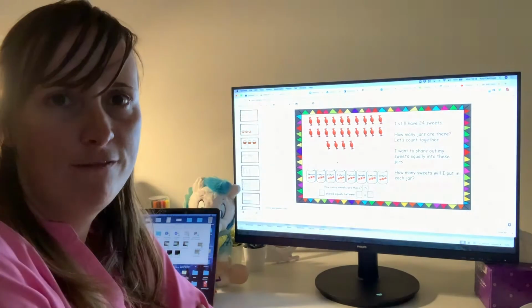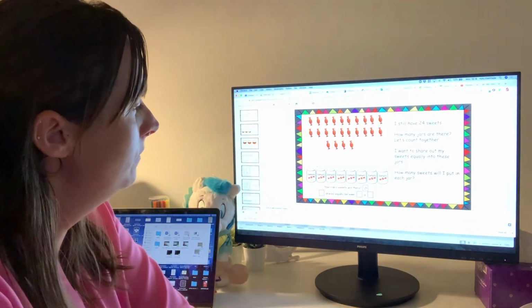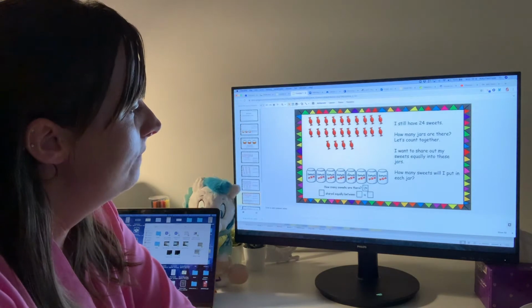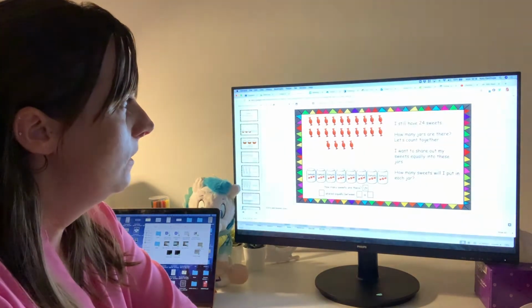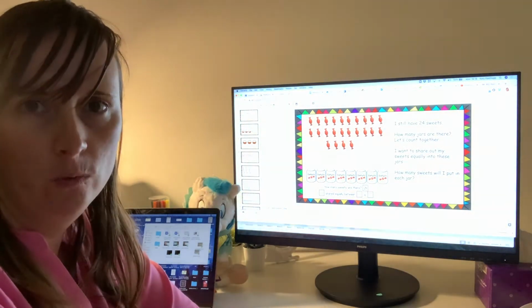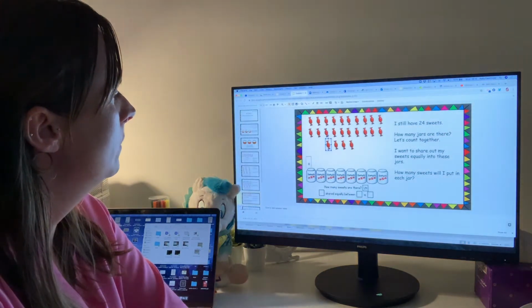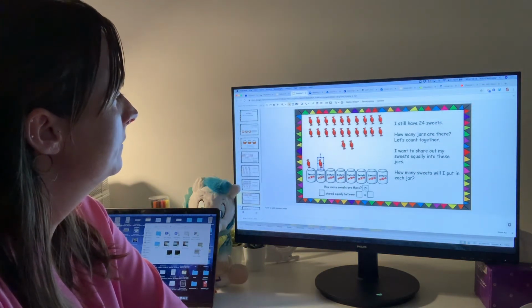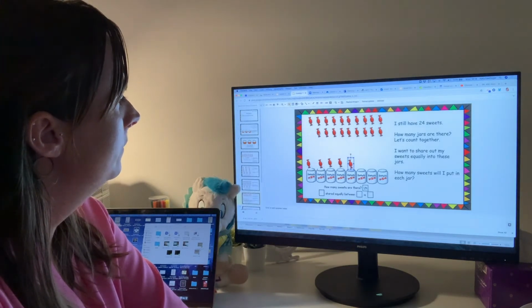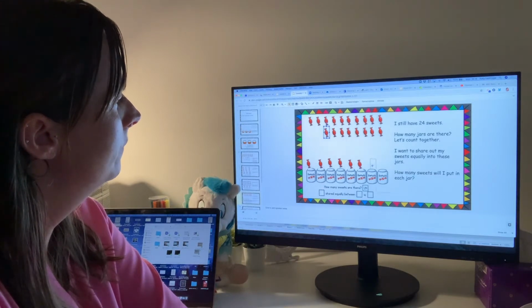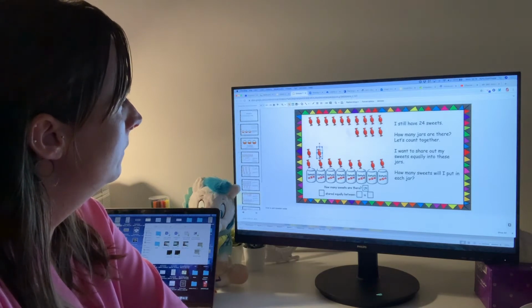So now I've still got 24 sweets. But how many jars do I have now? 1, 2, 3, 4, 5, 6, 7, 8. I have 8 jars now. Now I'm going to still share my 24 equally. Has to be fair. I'm going to share 1, 1, 1, 1, 1 for you, 1 for you, 1 for you, 1 for you. Back to the beginning, 1 for you, 1 for you,